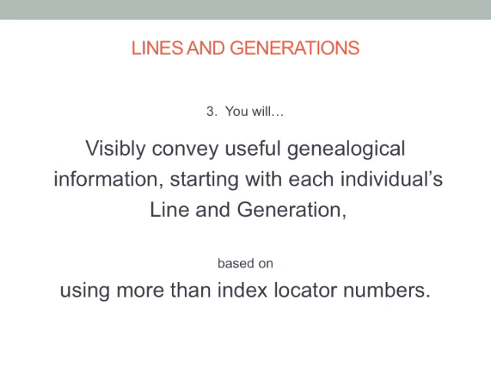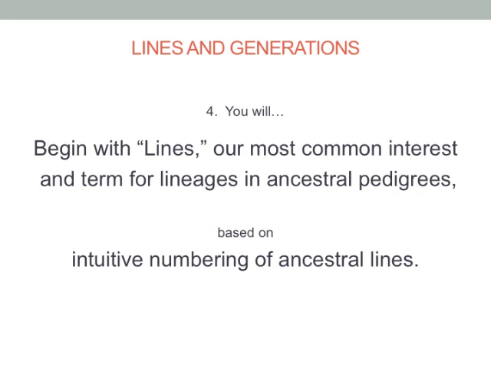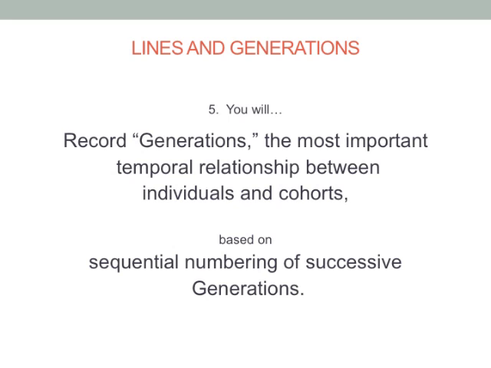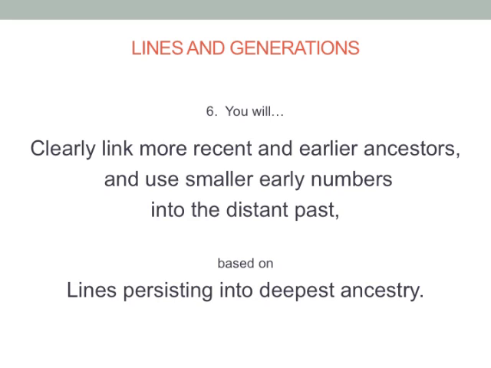Using more than mere index locator numbers will visibly convey useful genealogical information, starting with that line and generation. So, intuitive numbering of ancestral lines begins with lines, which is the common language for lineages and ancestral relationships. Sequential numbering of the successive generations lets you record them as the most important time relationship between individuals and cohorts, and then these lines will persist into your deepest ancestry, linking more recent and earlier ancestors using the smallest numbers